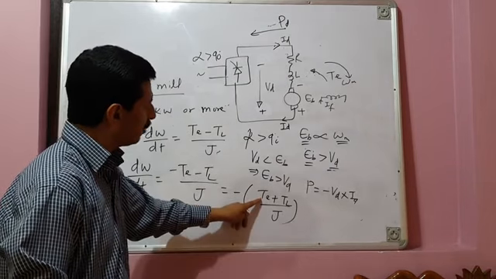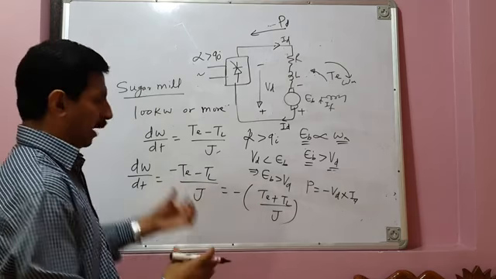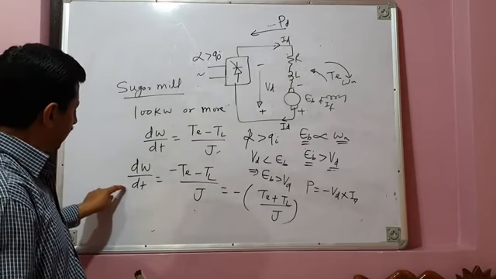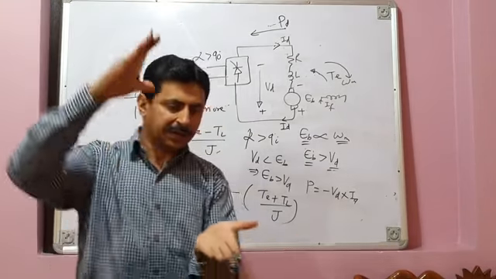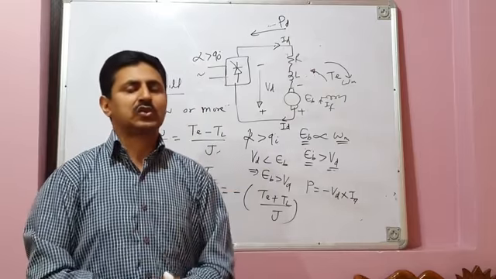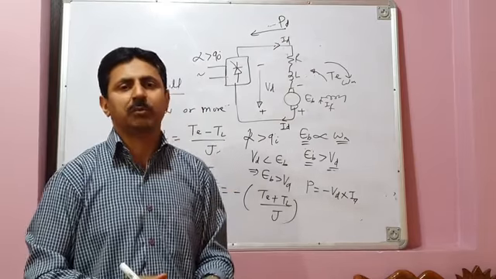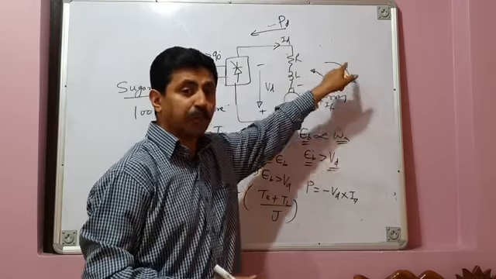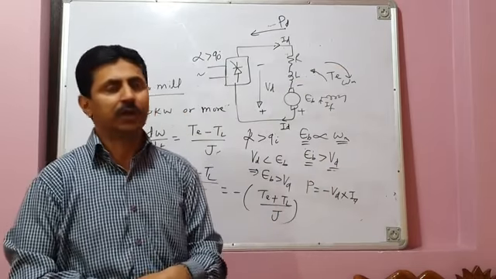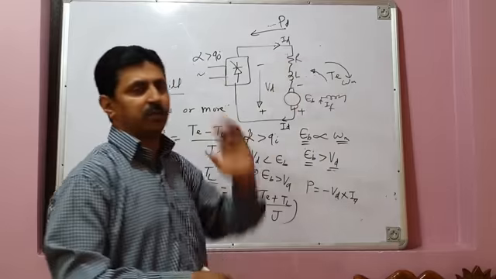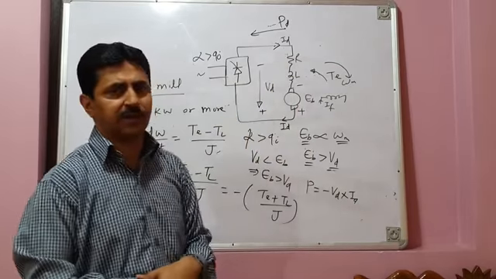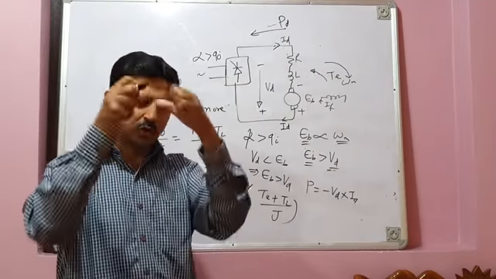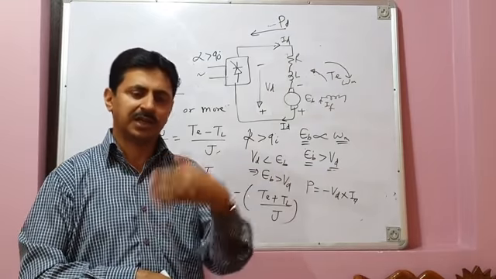And since this electromagnetic torque is very, very large, it applies a large electrical braking on the machine, and the rate of decrease of speed is very fast, and the machine very quickly comes to a stop. It decelerates very quickly because of this electromagnetic torque, which opposes the motion of the machine and its load, because of regenerative braking. Because your machine is now operating as a generator, it is applying a braking torque on your machine, and very quickly it slows down the machine and stops it.